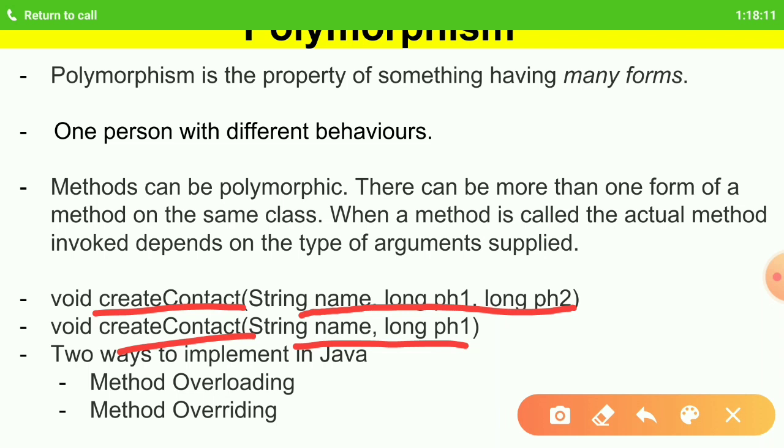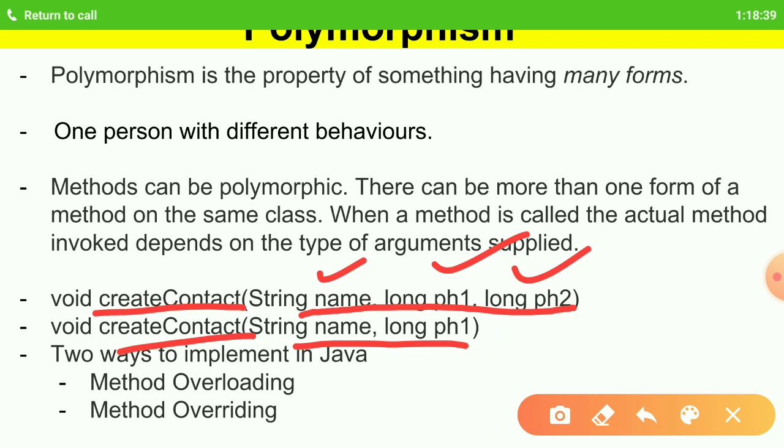Now let me give you an example. While using your phone, all of you must have saved a new contact. When you save a new contact, you are given the option to input two phone numbers for the same name, isn't it?